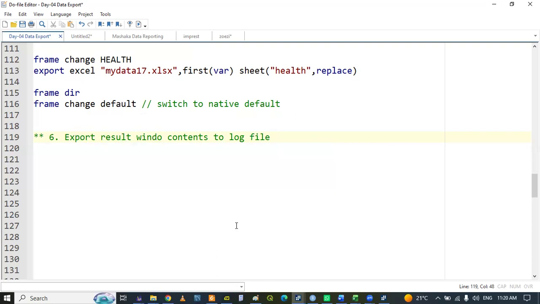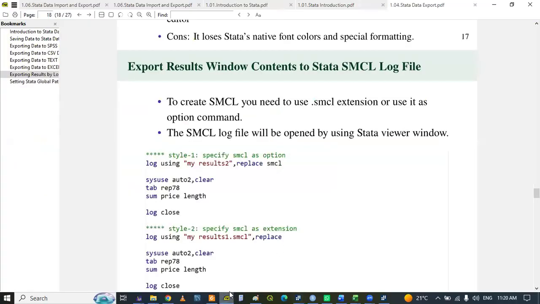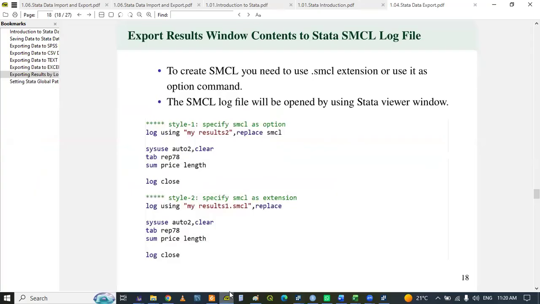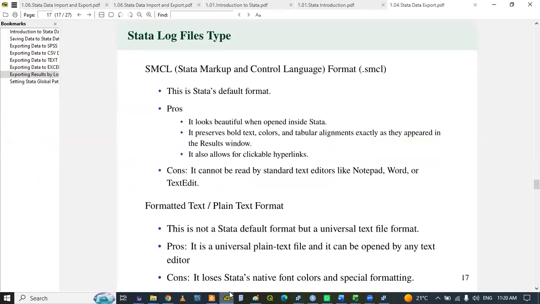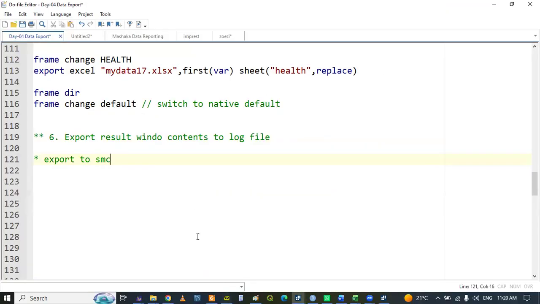Log file number 1, export to STATA markup. It's called SMCL, STATA markup and control language. This one,